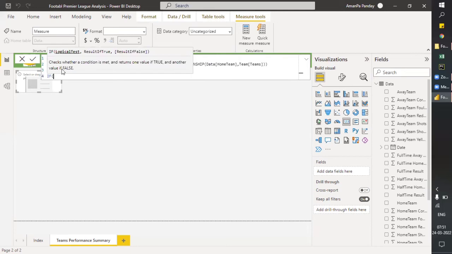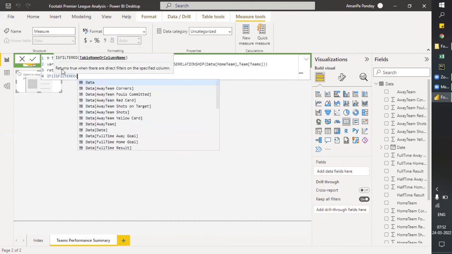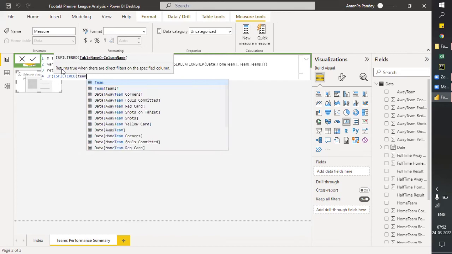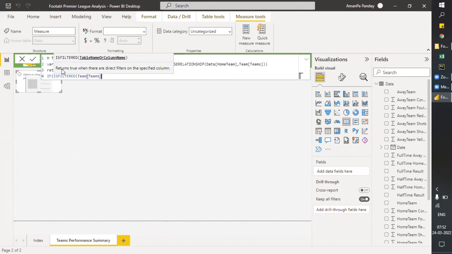If you are using more than one DAX or more than one formula, then you should go this way, using the variable. It's much easier. It will break down your formulas in parts. So if I'm applying a logical function, then IF filtered. To make the slicer act properly, if it is filtered, what filtered? If there's a filter applied by the teams column,